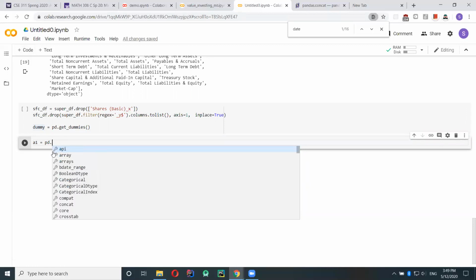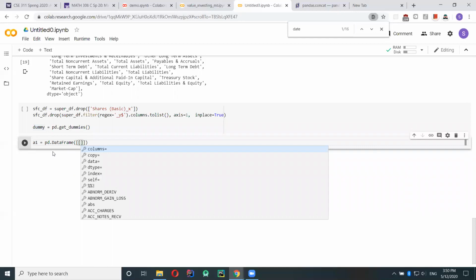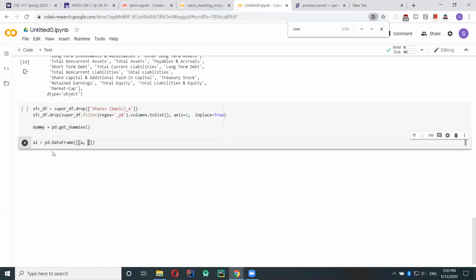Okay, so a dummy is basically what encodes categorical variables, because when you feed data to a machine learning model, it cannot take in categorical data. So what you need to do is encode them.